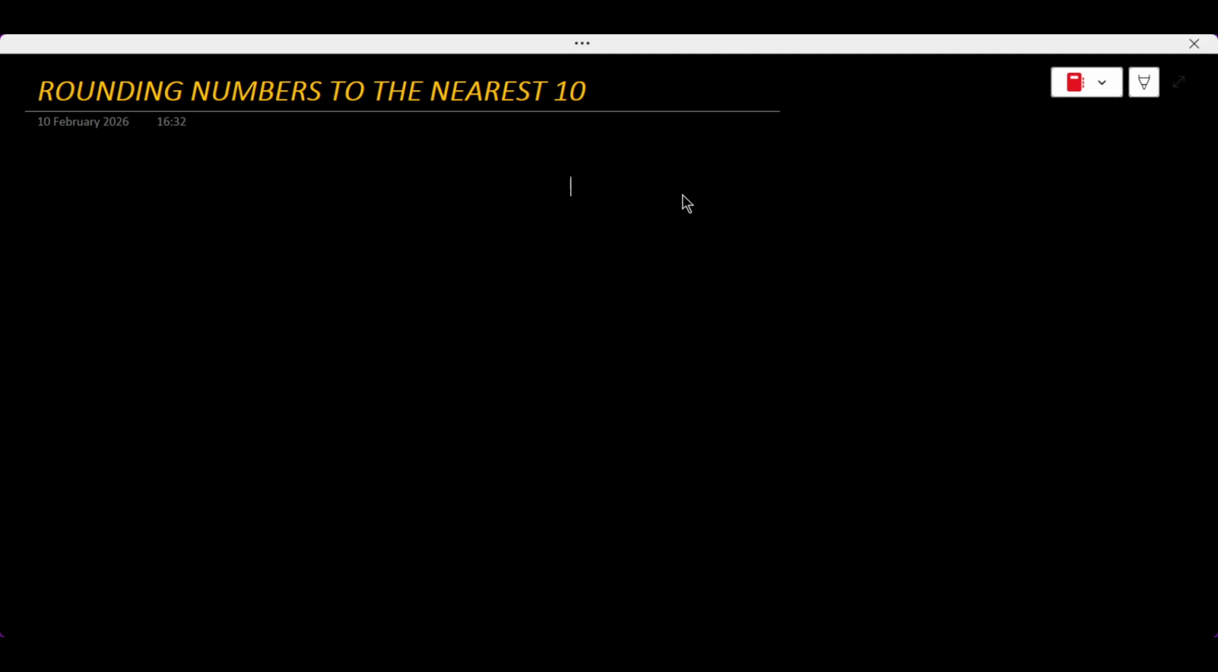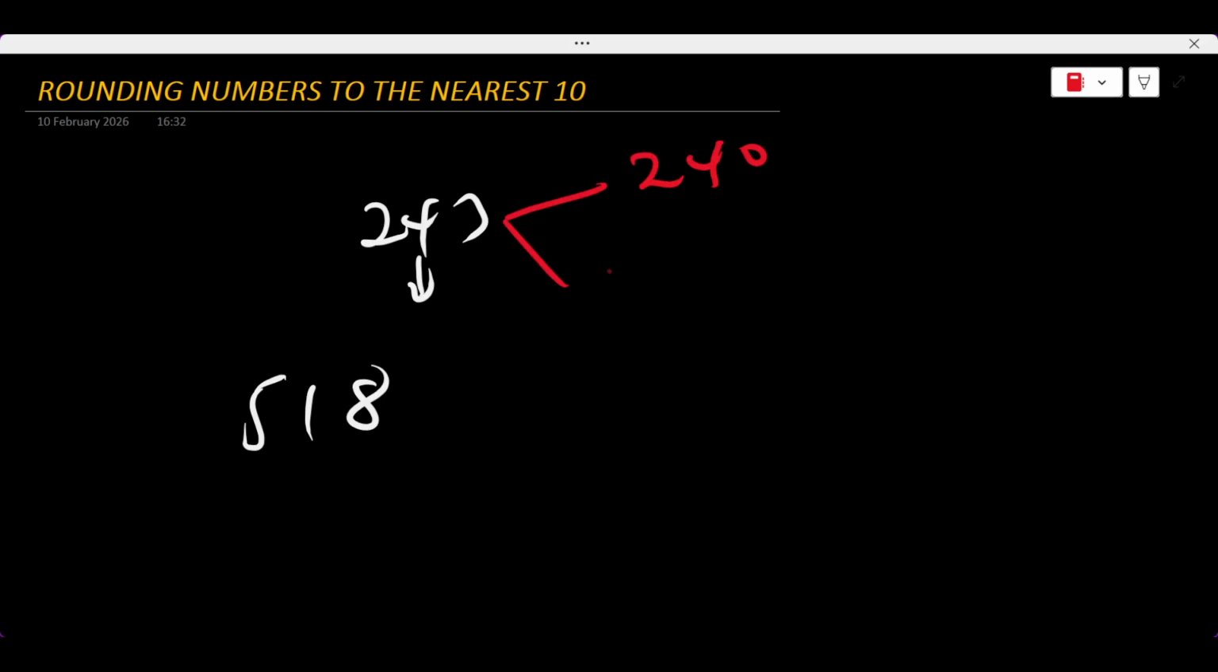Let's look at another example. Let's round 243 and 518 to the nearest tens digit. Now 243, we have to first of all identify the tens digit. In this case, it's 4. And this could give us either 240 or 250. Now the next digit after the tens value is 3, which falls under the category of what? 4 or less. Meaning we are going to what? Round down,